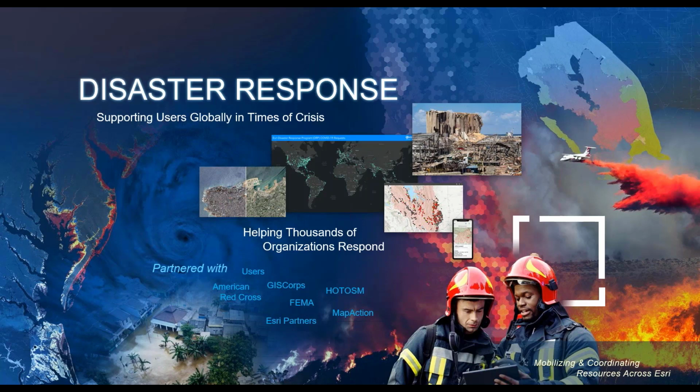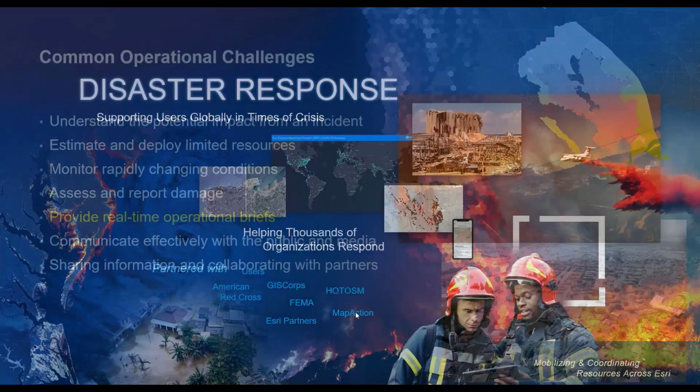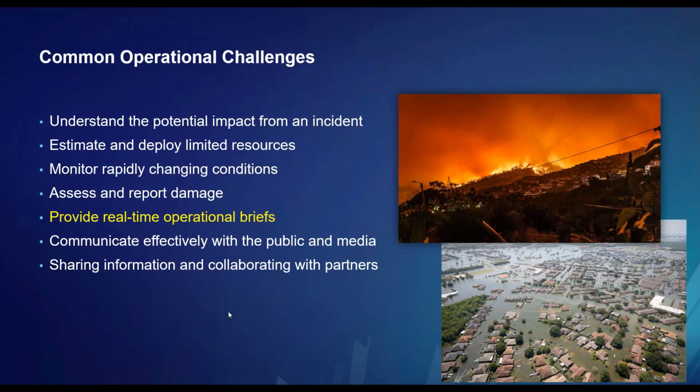And after 2017, we stepped back with a group of us and reflected on all the requests for assistance, really all the needs of the community, and we found several themes, some very common operational challenges that our users face that frankly GIS is very well suited to help solve. First of all, being able to understand the potential impact of an event, and obviously weather data can help us do that very well.